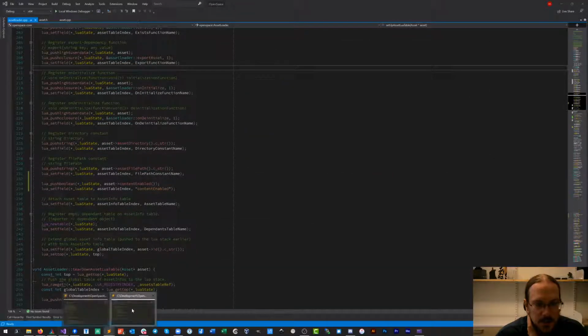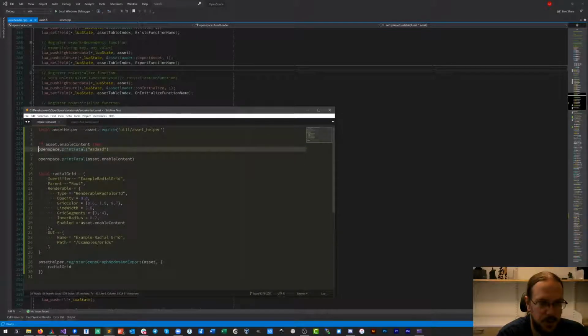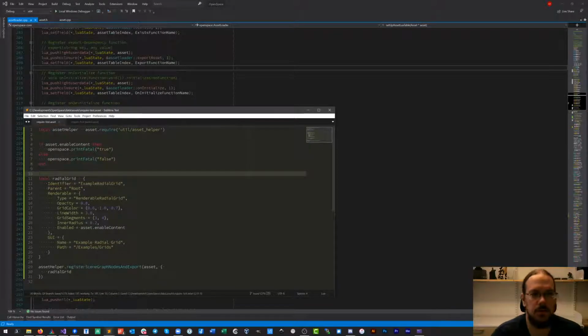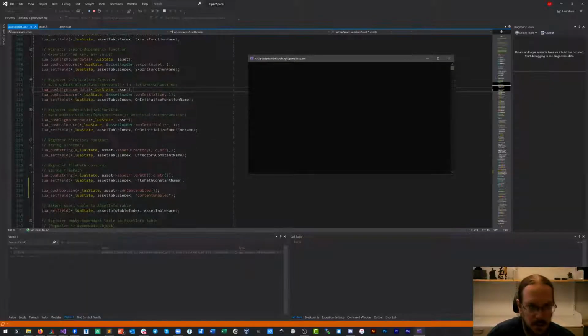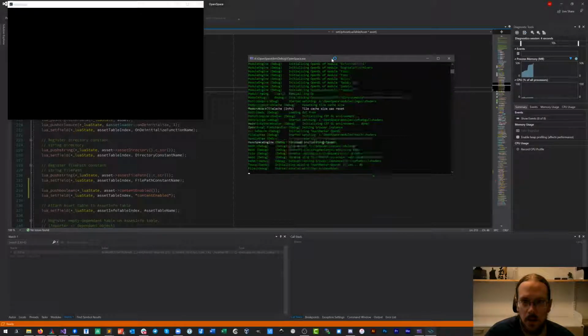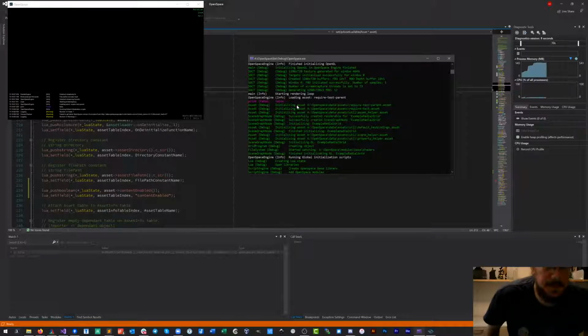So I guess we need to make this a bit roundabout. So if enable content, then we want to print true. Otherwise, we want to print false. Not really sure why the Boolean variable shouldn't be able to be printed, but well, that's a problem for future me. There we go. Okay, that's not good.